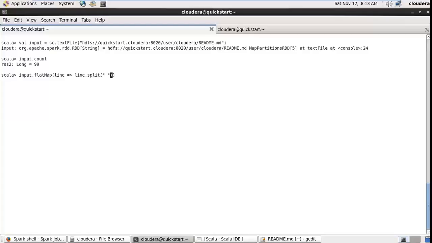What it produces for me is all the words of each line. And the result is another list, right? So if I apply flatMap or map or filter,